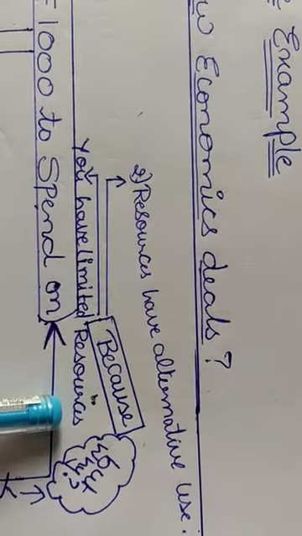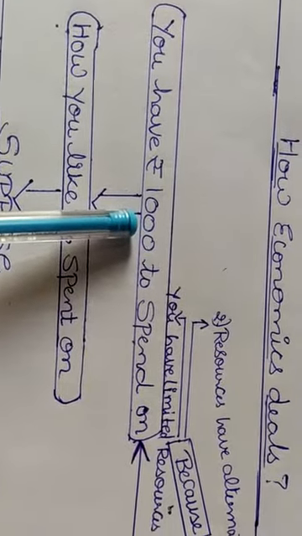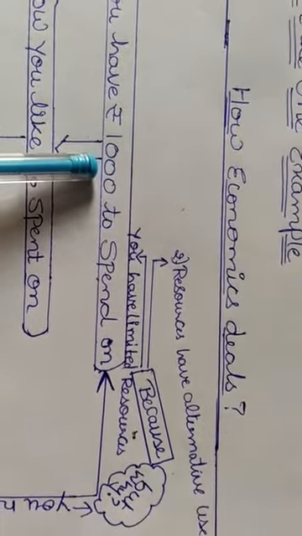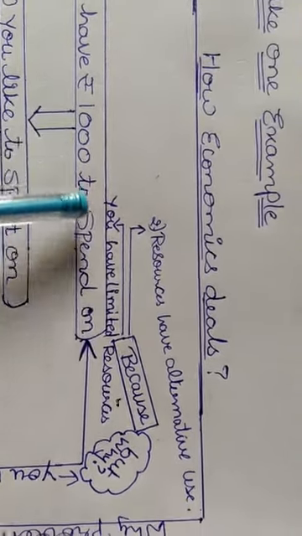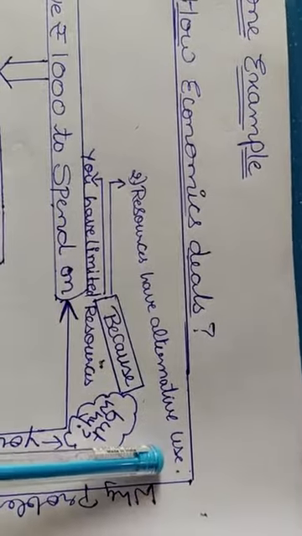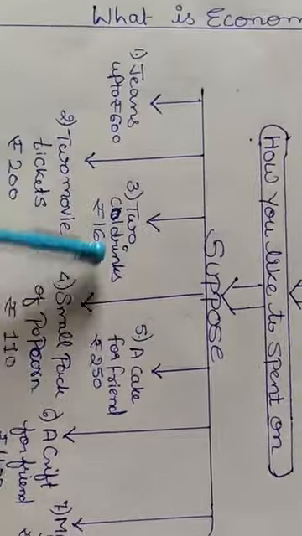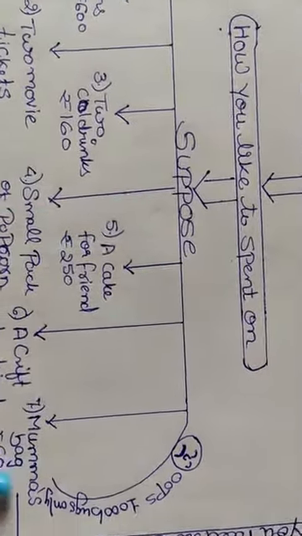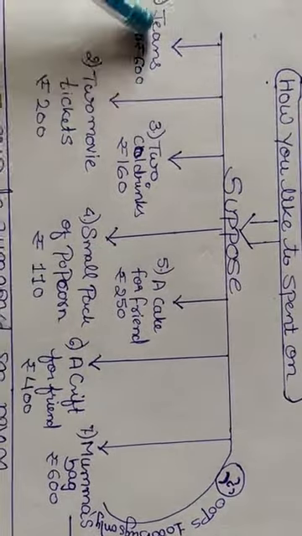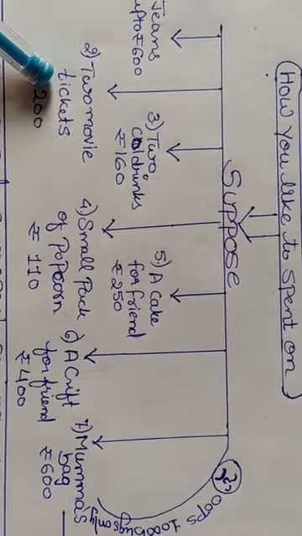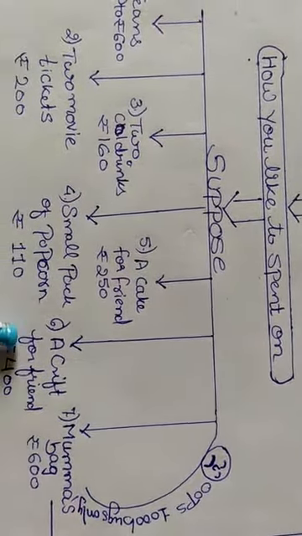resources are limited. What are the resources here? These 1000 rupees are the resources. So in all, I have limited resources, that is 1000. And these resources have alternative use. Have you seen alternative use? I can spend my money on all these 7 items. I have to choose from. Either I can go for these 2 options, or I can go for these 2 options and skip other ones,